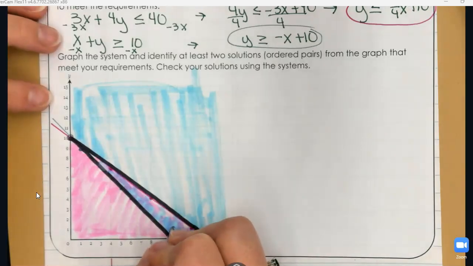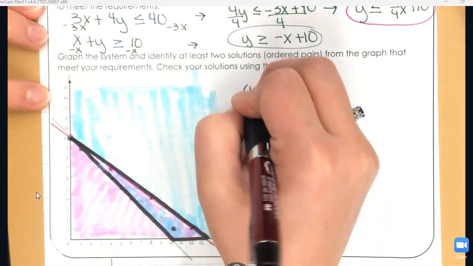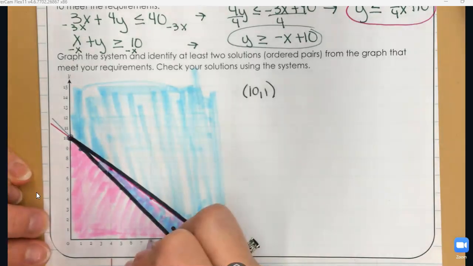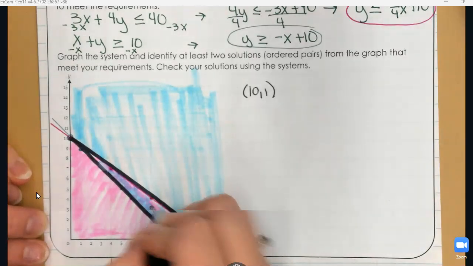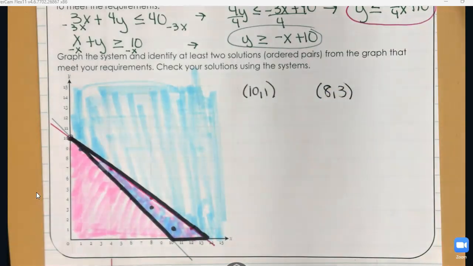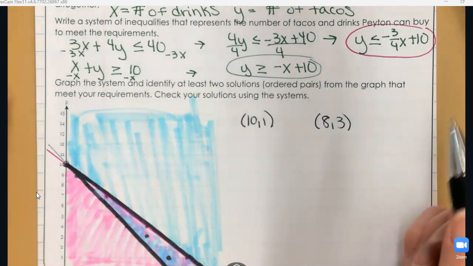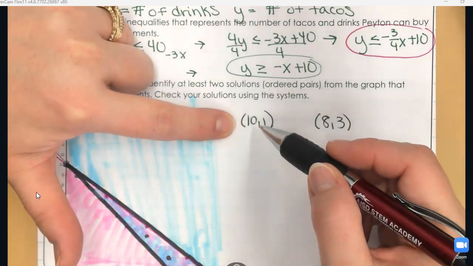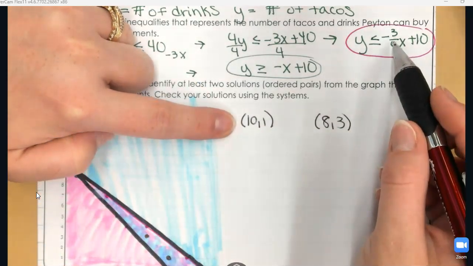So here, (10, 1) is a potential solution. Or let's see another one, (8, 3) is another solution. And we know that we can check this by plugging back into our 2 inequalities to see that they both work. So for (10, 1), for example, if I plug that into the first one,